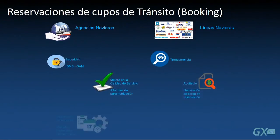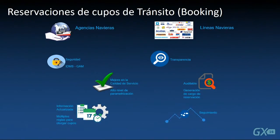In the process of building the enlargement of the canal, we face other challenges. For example, integrating the identity manager with the GAM of GeneXus, and we managed to do it. The maritime portal of the canal is in Oracle, but inside this portal are the applications to make the bookings. The client does not know that he's using 2 different technologies. They made it exactly the same. So the feeling is that it's just one, but inside the maritime portal there is a GeneXus system,